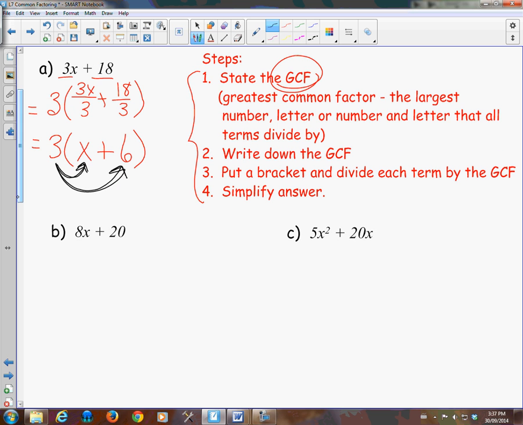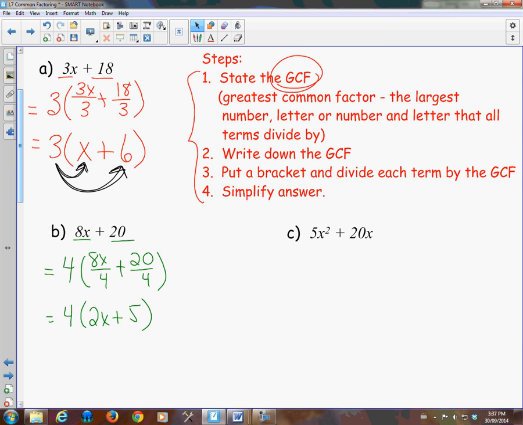So if I look at another example, 8x and 20. x is not common to both, so there's no letter in the common factor. For 8 and 20, they both divide by 2, but that's not the greatest number they both divide by. The greatest number they both divide by is 4. So now I'm going to divide them both by 4. So I have 2x plus 5. And the excellent part about this is you can always